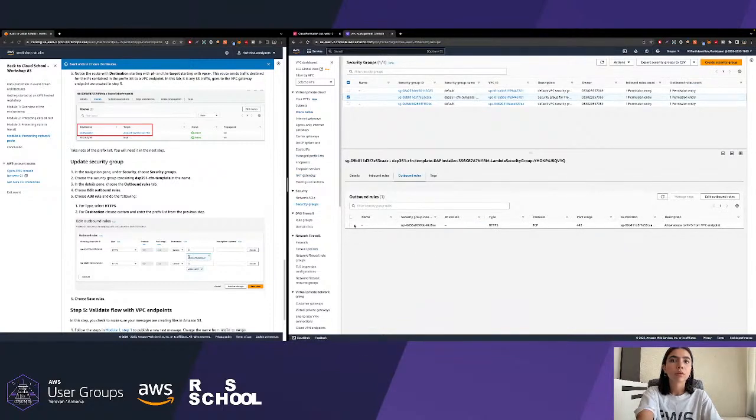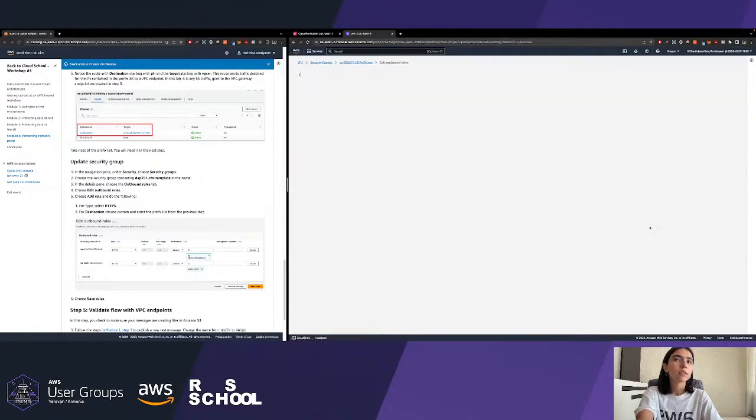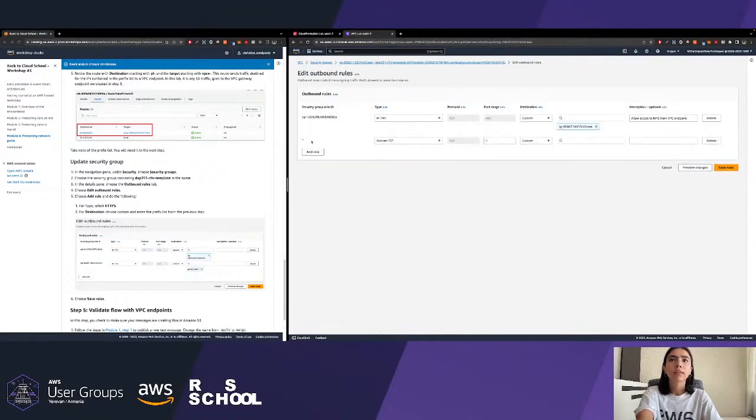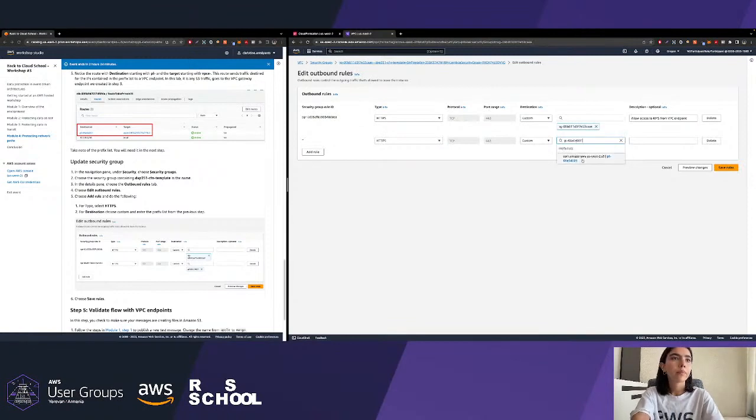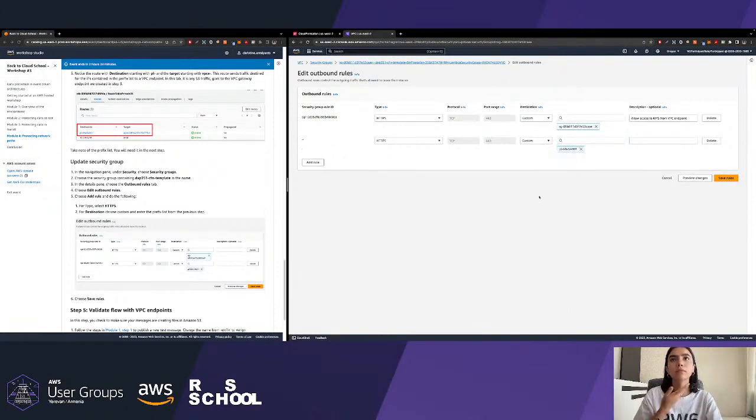outbound rules. Okay, edit it and add another rule. Again, HTTPS, and for that add the destination we chose. So we are saying our Lambda function that it is allowed to make secure connection to these endpoints.